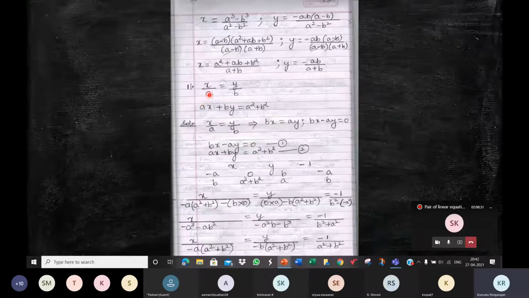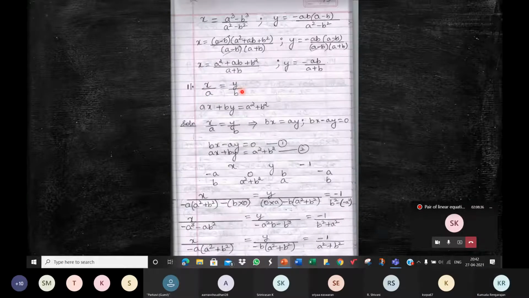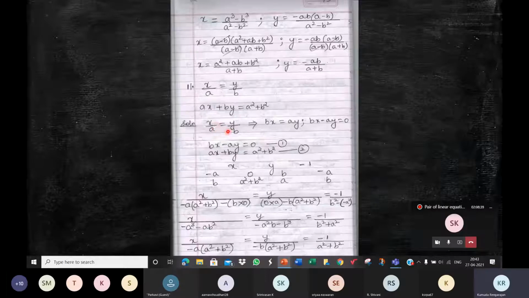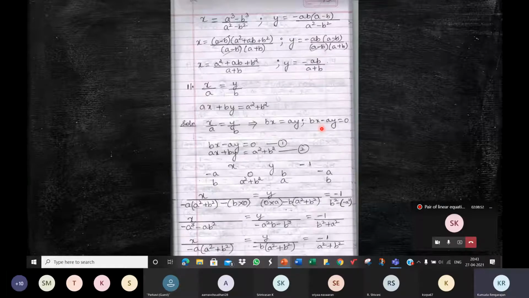But what I have done is, if you feel you don't want fractions, then you can do this. So I have written the first equation, I've cross multiplied and brought it to this form. Bx minus ay is equal to 0, just for the reason that we avoid fractions. We have got rid of the fractions, the coefficients 1 by a and minus 1 by b, that's all. So it's not mandatory that you must write this equation like this. It is not compulsory.